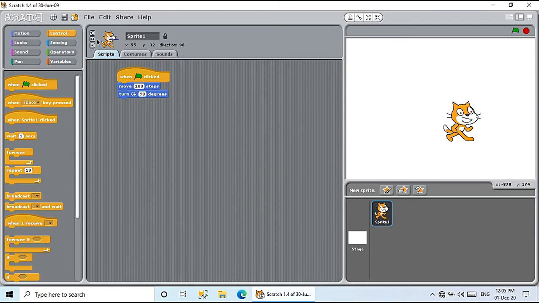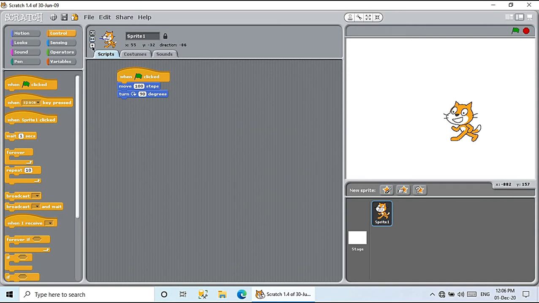Is it clear? Now sometimes if I require that the sprite should not rotate completely, it should only face left and right. That means the face, just now the sprite is facing towards the right side. I want it to face this side. So if I choose this button, this is face left and right, and I see this blue thumb line, I can drag it this side and you get it. See, the face gets changed here.